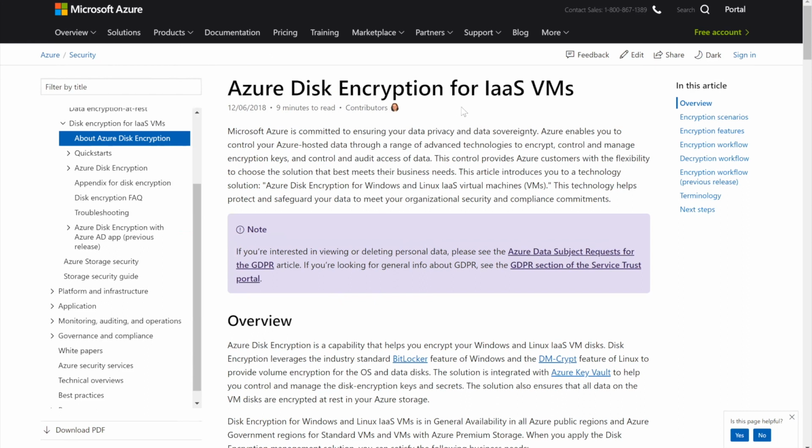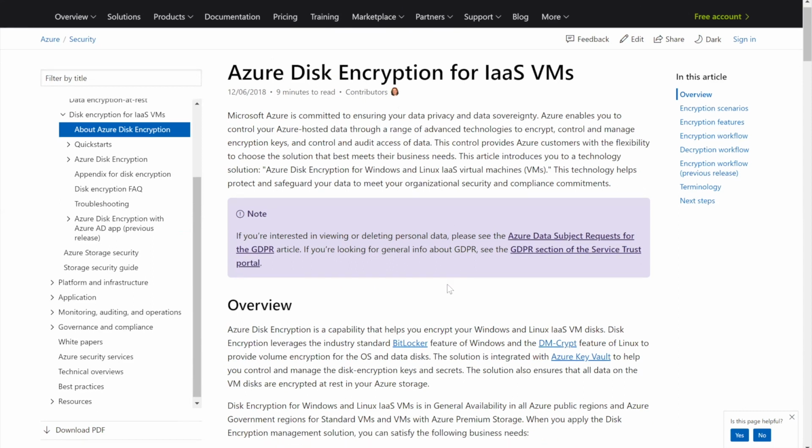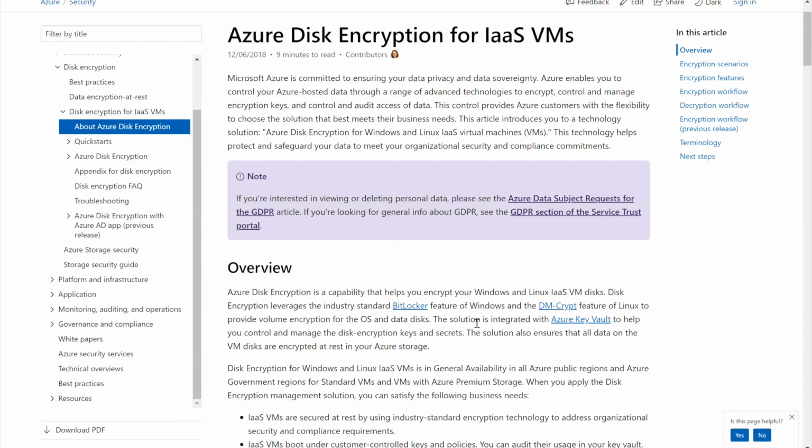Disk encryption is designed specifically for IaaS VMs. So whenever you run a VM, if you recall, we talked about you must have an OS disk. Typically, that's a managed disk. We didn't even talk about unmanaged disks, which I think are not as relevant anymore, so we're not going to talk about them. But managed disks can be encrypted, and those get encrypted with Bitlocker at the OS level using encryption keys that could be customer provided or could be custom keys,